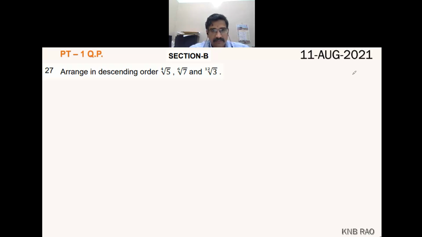Sir, first we should make all their root numbers the same. Children, find the LCM. I will bring one more word. Root number is called the index. Each root will have an index and a radicand. Fourth root 5: 4 is the index, 5 is the radicand. Find the LCM of the indices. The plural of index is indices. Very good, nicely writing. LCM of the indices is 12. Perfect. Now, fourth root 5 is written as?